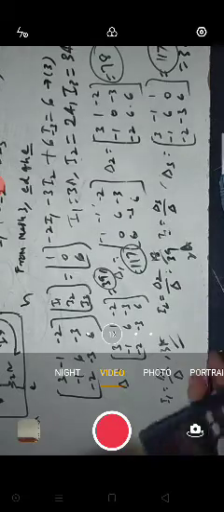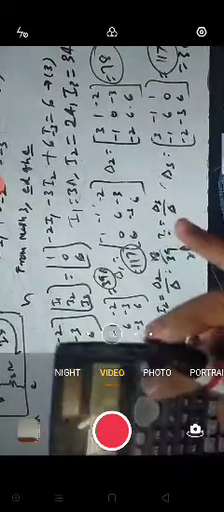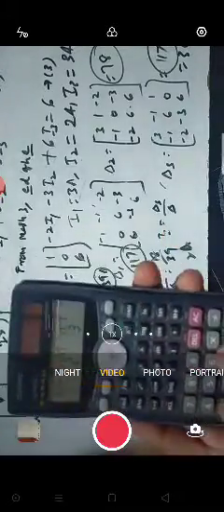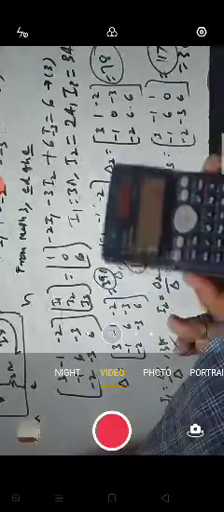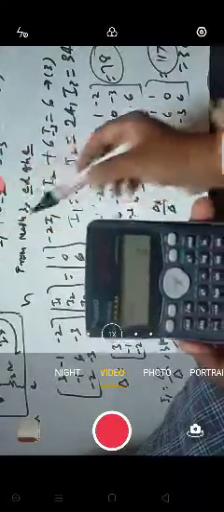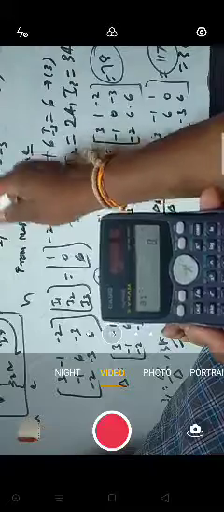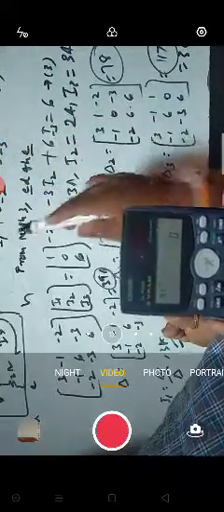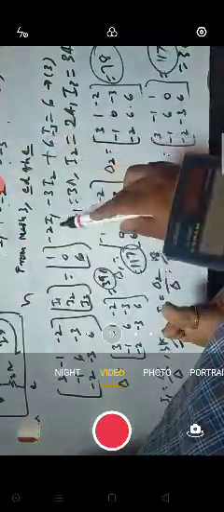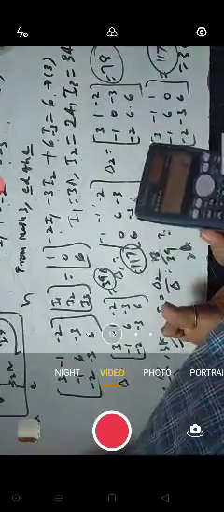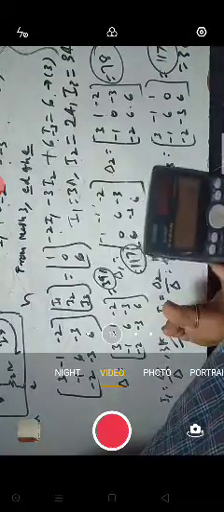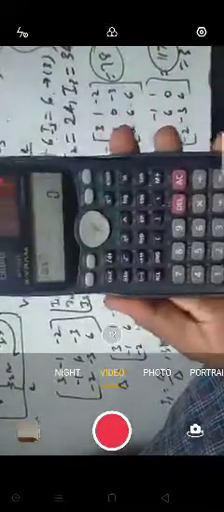This is through the matrix form. See also another form. Press mode until you get equation. Press 1 equation. It will ask how many unknowns? 3 unknowns. First equation A1, B1, C1, D1, and this is A2, B2, C2, D2. This is A3, B3, C3, D3. For all these 3 equations, A1, B1, C1, D1, like that. It will ask for the value of A1.